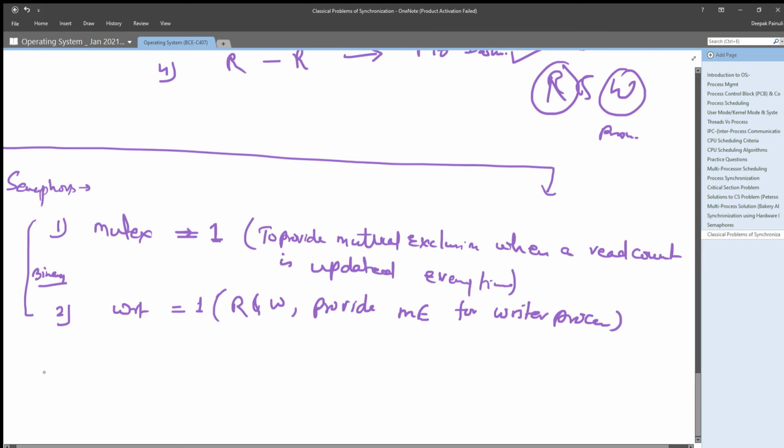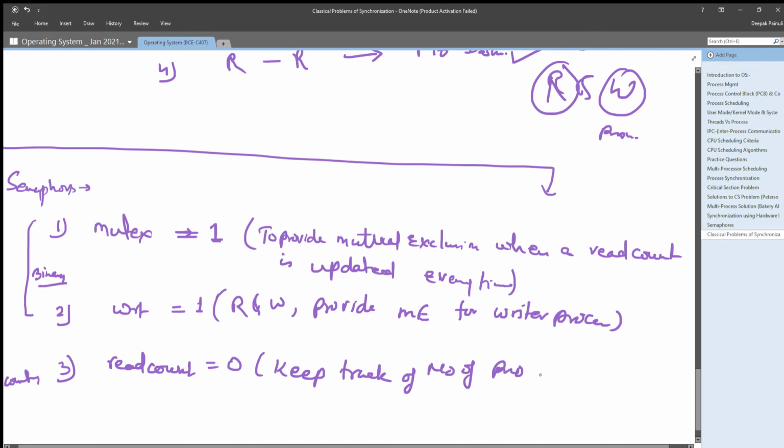So these two are binary semaphores, and the third one which we are using is a counting semaphore, which is read count, which will be initialized with 0. That means at the initial level no reader is reading the object, right? So this is to keep track of the number of processes reading objects, right?